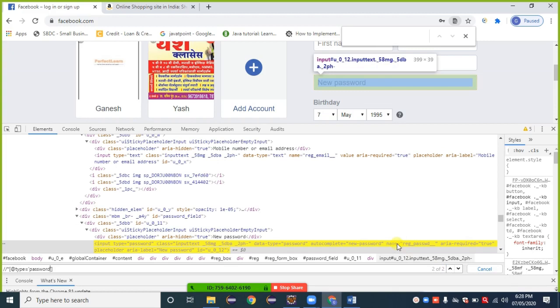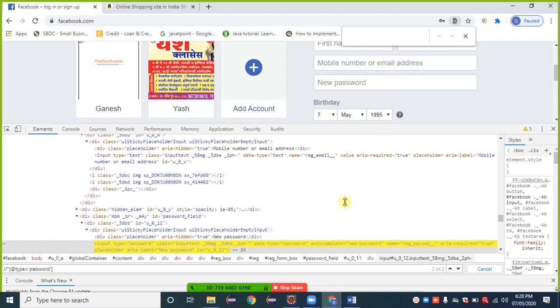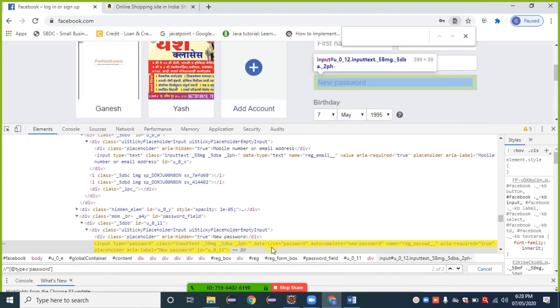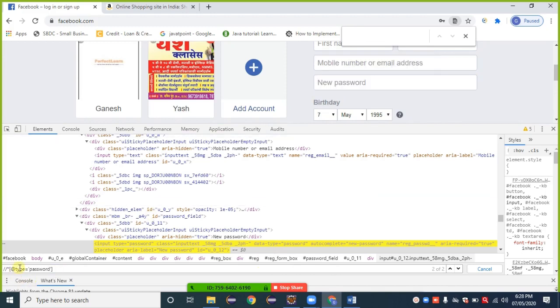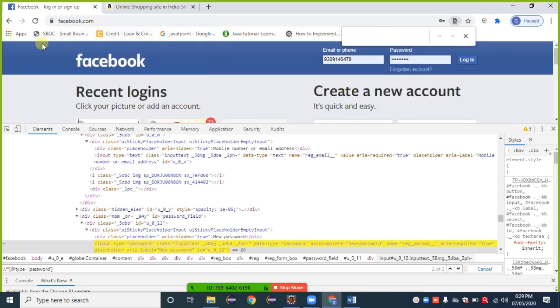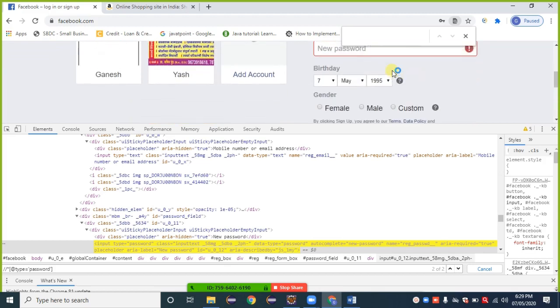But I need this second element. When I provide this XPath, there are two web elements available. Suppose I give the instruction to Selenium: find the attribute having type equal to password and enter a password. But what does Selenium do here? We know that Selenium starts finding from the top left side and goes to the end, then comes to the next line. Selenium finds that, yes, it is a required element, and provides the value there. But what is my requirement? My requirement is that Selenium must provide the value here.